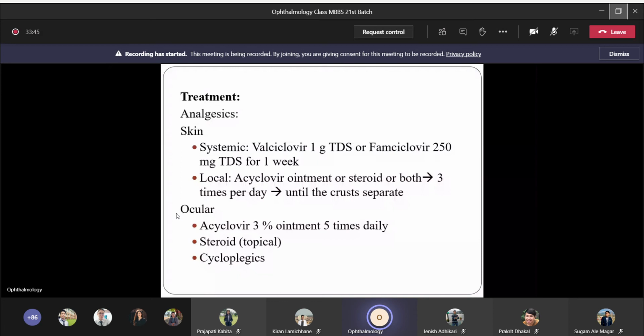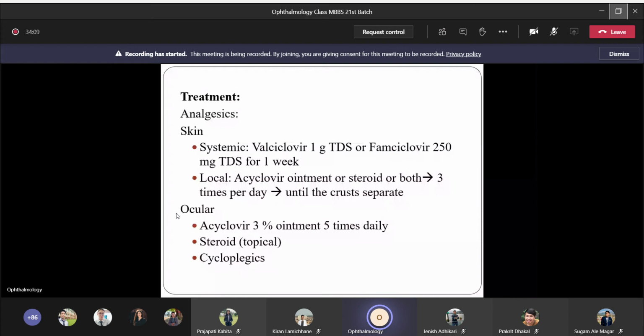So either you give acyclovir ointment or steroid or a combination of both 3 times per day until the crust separates. Okay, so that is about the treatment for the skin lesion. So you have to give systemic antiviral drugs. In addition, the local treatment of acyclovir ointment or the steroid or a combination of both 3 times per day until